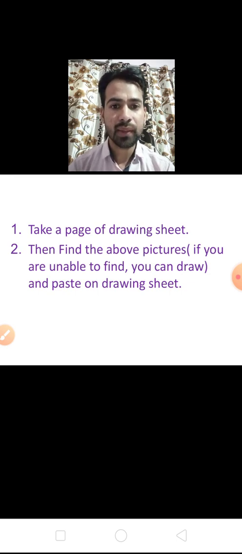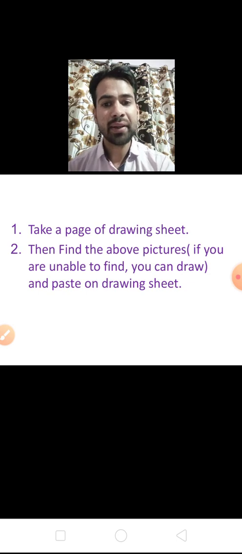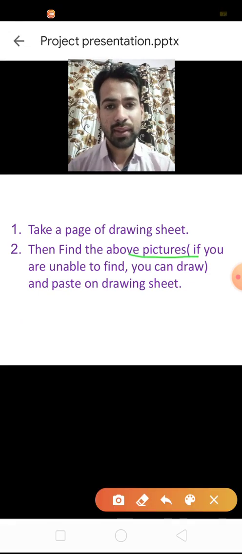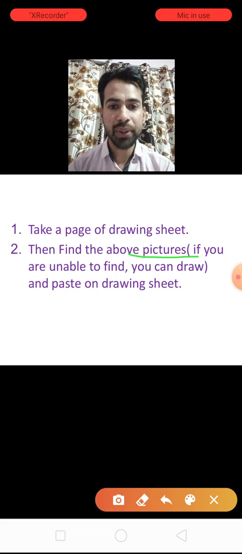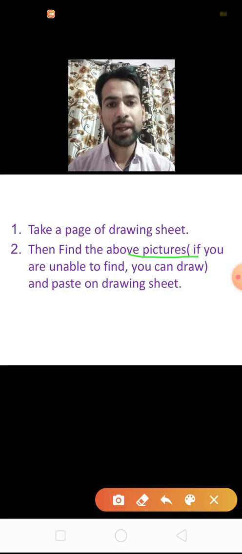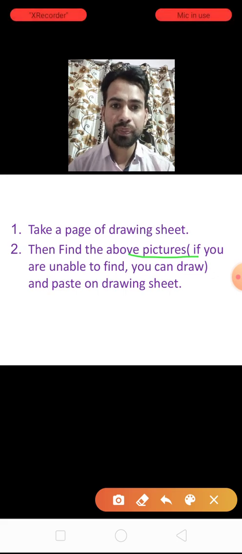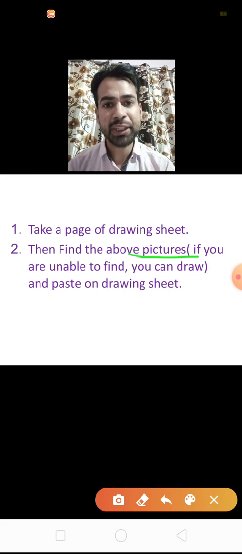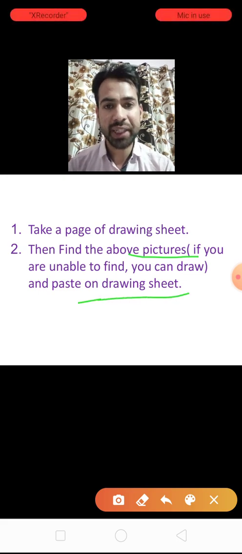Then find the above pictures as we show in front of you. If you are unable to find these pictures, you can draw. But if you get these pictures, you can paste them on the drawing sheet.